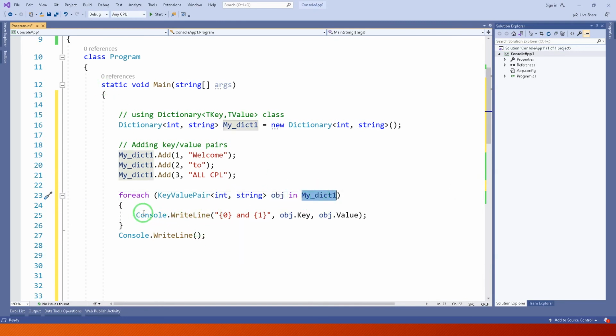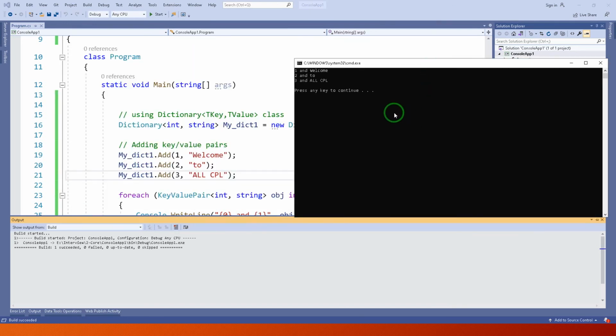Again in Console.WriteLine we have written 0 and 1. In the place of 0 we print the key, and in place of 1 we print the value. Let's check the output. Just run this program.